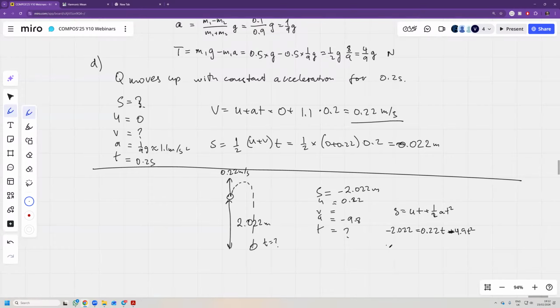So this is a quadratic equation: 4.9 t squared minus 0.22 t minus 2.022 equals 0. So we solve the quadratic. In this particular case, I'm just using my calculator: 4.9, minus 0.22, and minus 2.022. And that is